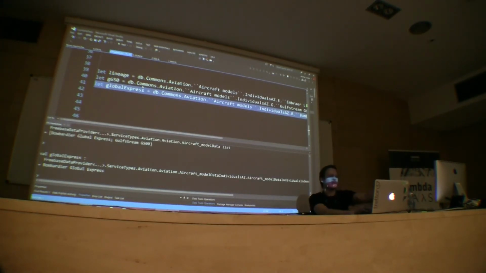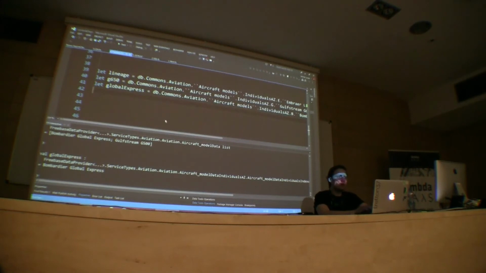I prepared more of them because, interestingly, this query sometimes turns out different information. That's because how this works is it caches some information, and it's not the fault of the type provider. It's the way that Freebase works. It just doesn't provide consistent results. That's a little bit weird, but yeah.